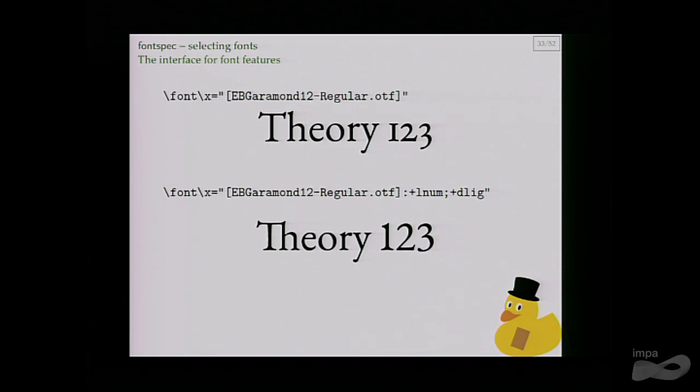So this is the plain TeX way of loading fonts, where you put the file name in, and then you can see this is EB Garamond with, down the bottom, lining numbers and discretionary ligatures. I am sure that you can see which discretionary ligature is being activated here. This capital TH ligature is something that I've seen some really strong opinions against. I don't think it looks that bad personally, but I've seen comments where people think this is just a disaster, and you should never use this ligature